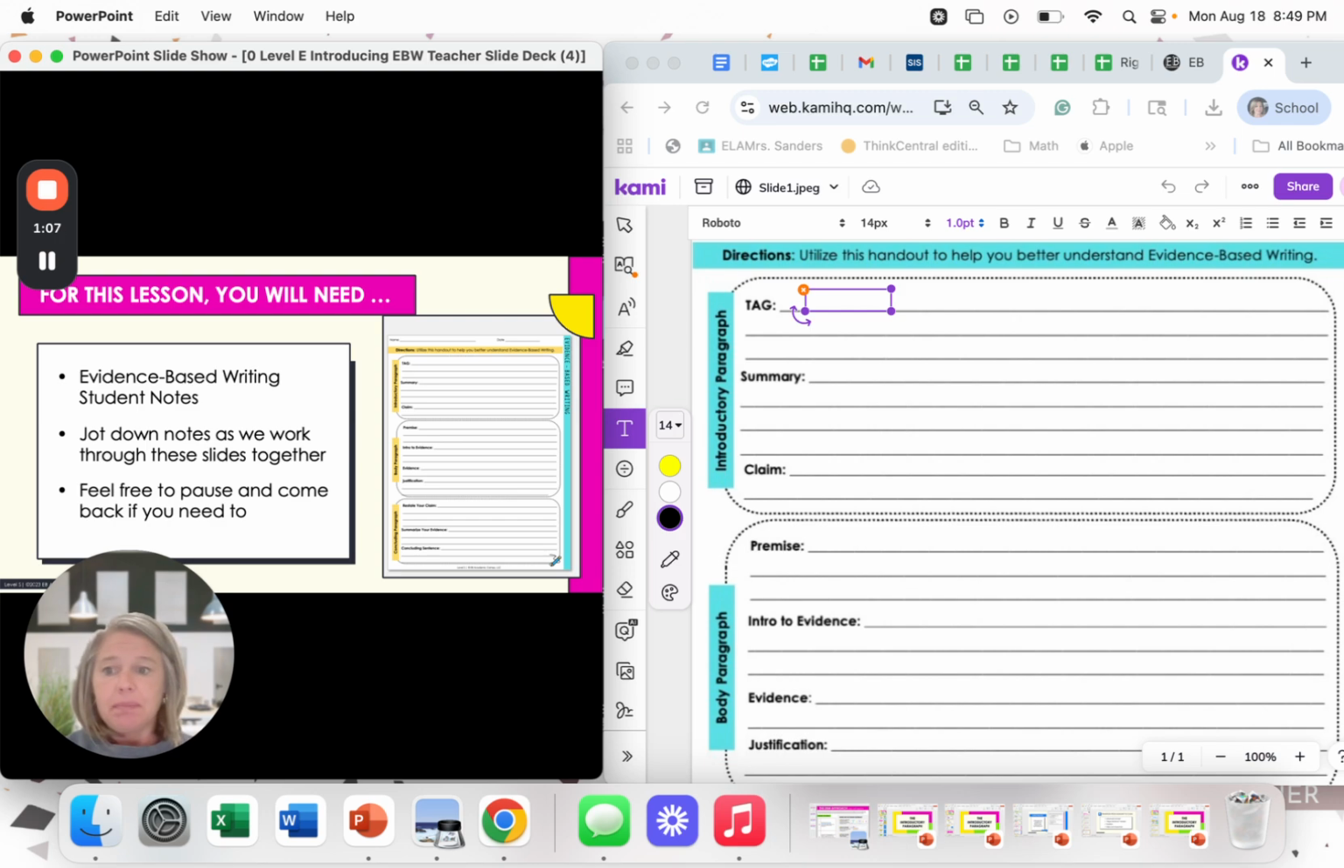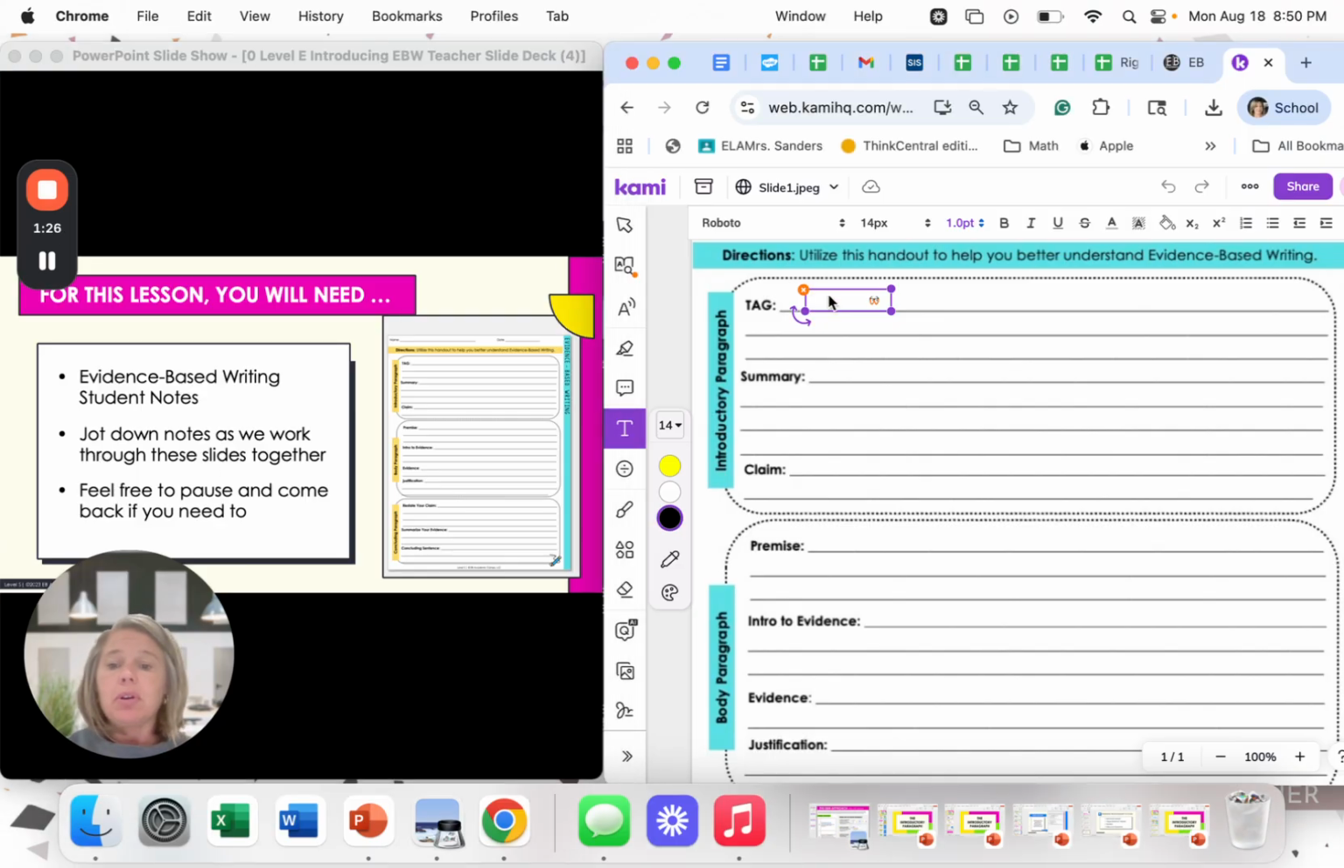No pens today. You'll need to jot down notes as we work through these slides together, and feel free to pause at any time and go back and rewrite. Like if I'm moving ahead and you haven't finished yet, it's okay to pause. That's what I like about this approach, is you can pause anytime and take your time in writing these notes. So the first thing we're going to look at